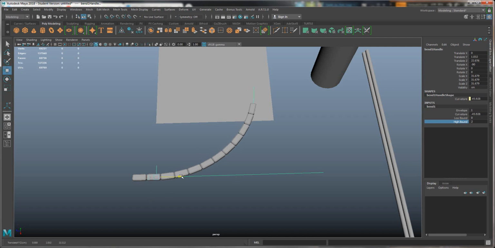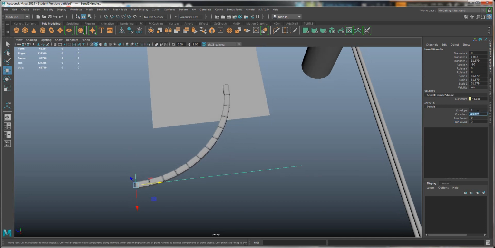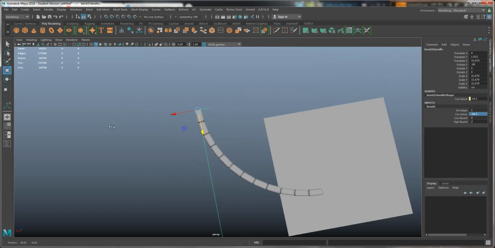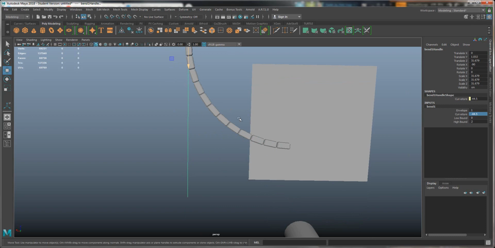So there I can make some really nice big curves. And if I'm thinking of modular design, then this could absolutely be a chunk of brick which I make tons of different